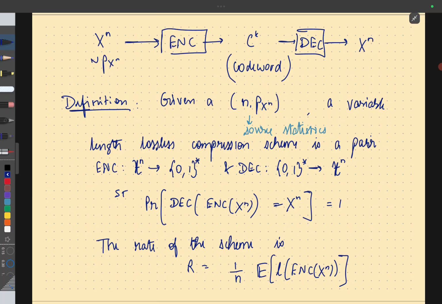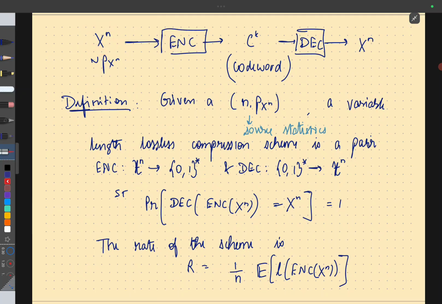Alright, so let's continue where we left off last time. Just a quick recap. We're looking at the problem of source compression, where we're assuming that the source sequence is a random sequence of length n, and it is distributed according to some distribution pxn. Symbols are drawn from some finite alphabet, and for now we're assuming that this source distribution is known to us. The goal is to compress this n-length source sequence into a k-length code word, but this k